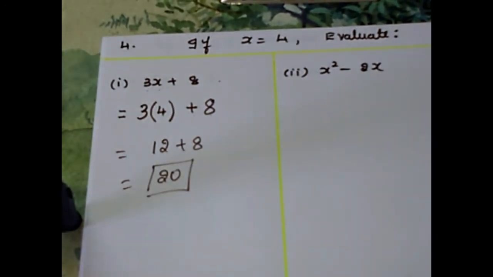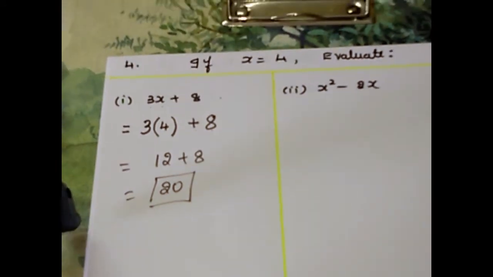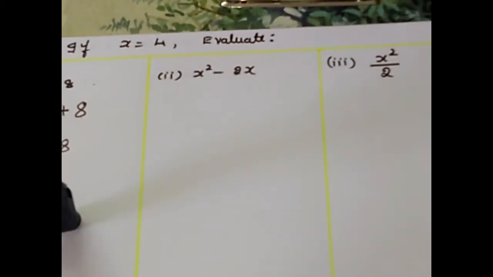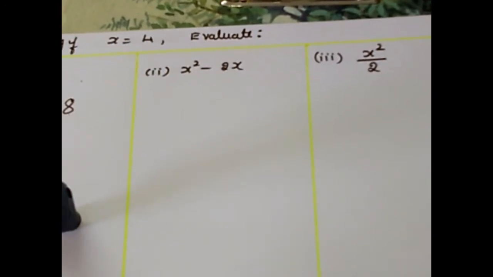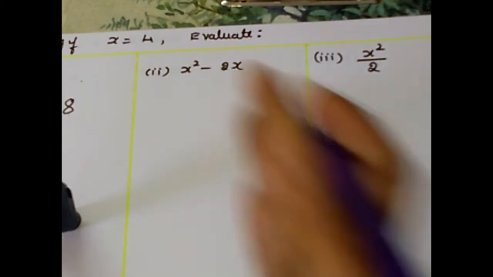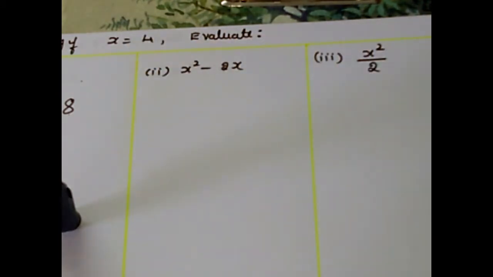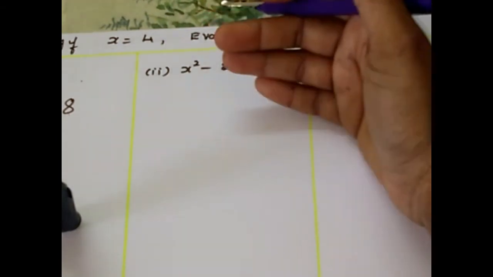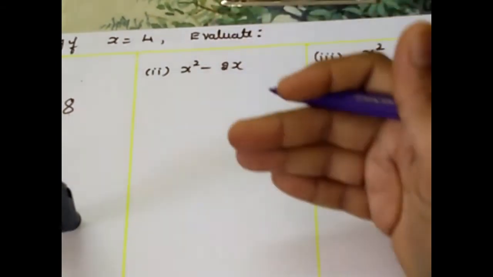Okay, now we are going to start with simple problems. Later you will get the problems with a little bit more steps, not difficult ones, just more steps. Concentrate. Second question. The value of x is 4. So what will be the value of x square minus 2x? To complete the problem in a single page, children, I have made columns here. You need not do it. In your classwork, you write the solution one below the other.